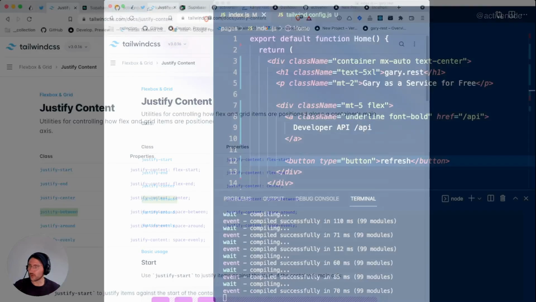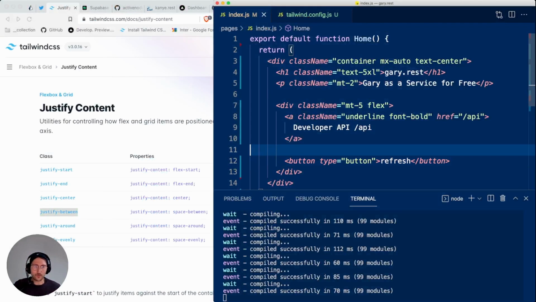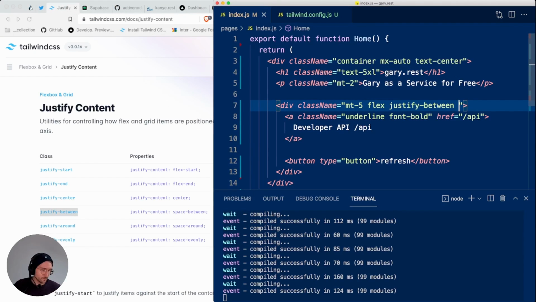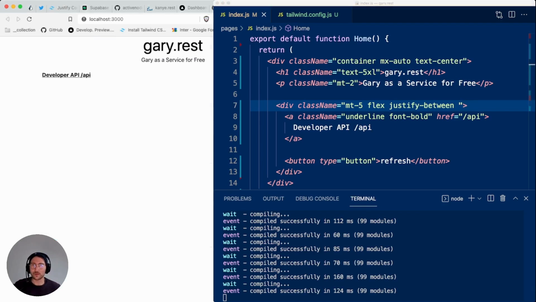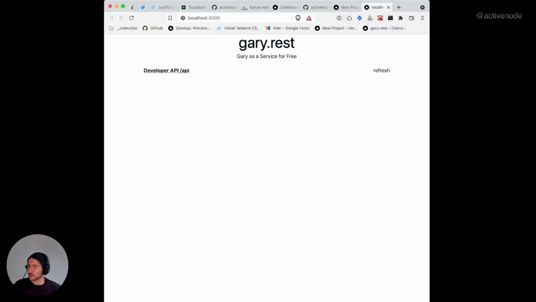So we can use that one. So we jump over to our container and provide it with justify between. And then we need to switch to our page. And then you can actually see the button on the right side, a link on the left side, but it's way too big. We have to make it more narrow.